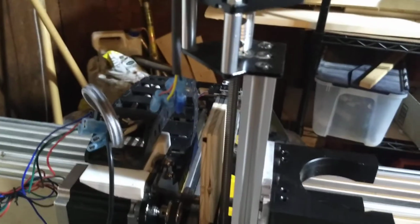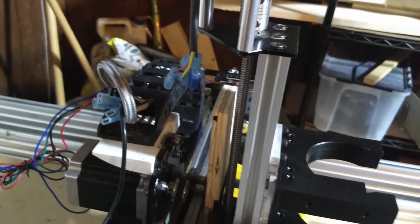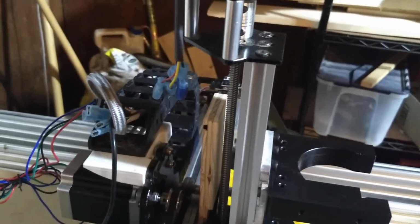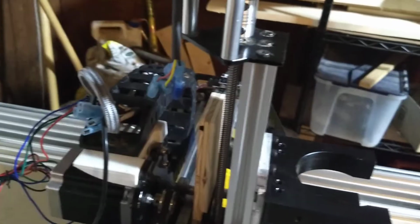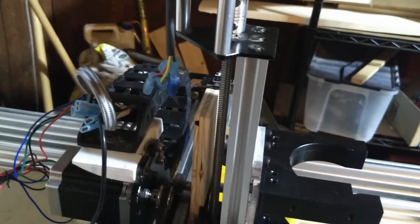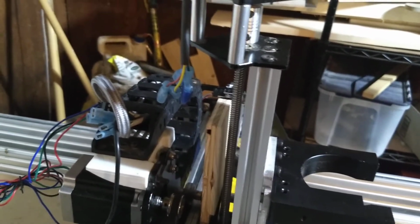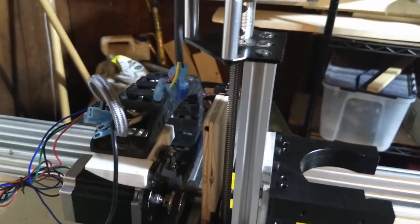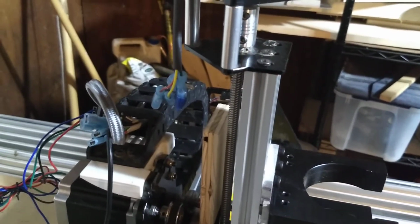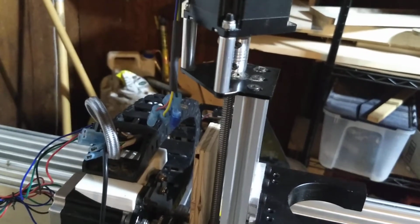Having the limit switches, basically they're not so much limit switches as homing switches, because apparently the Gerbil defaults for like Fusion 360 and that sort of thing is to have it go to home between every step, and that means that if you don't have limit switches, home is wherever you turn the machine on,